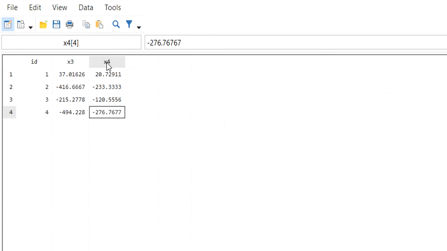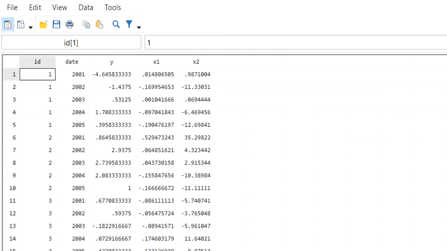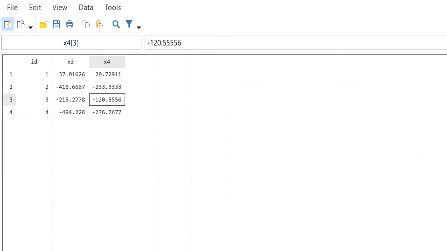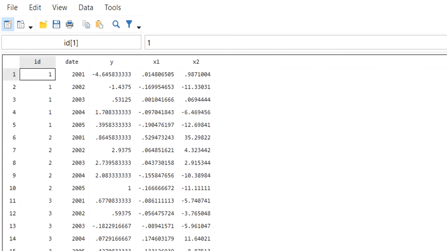What is this? This is the opposite of what we did in the one to many option. In one to many, this was our master file, and the other one was our second file. So how can we merge these files? On the basis of id, because id is common in both files.